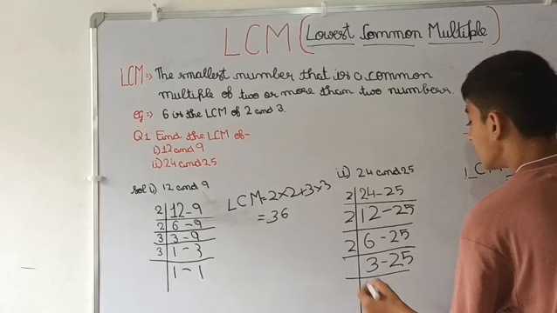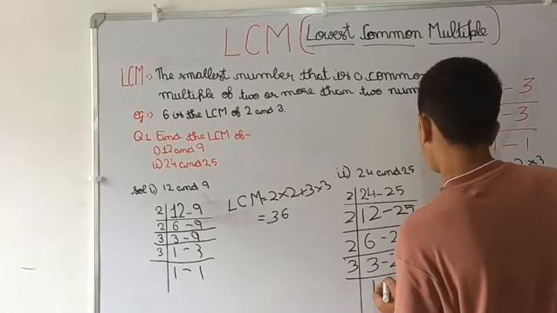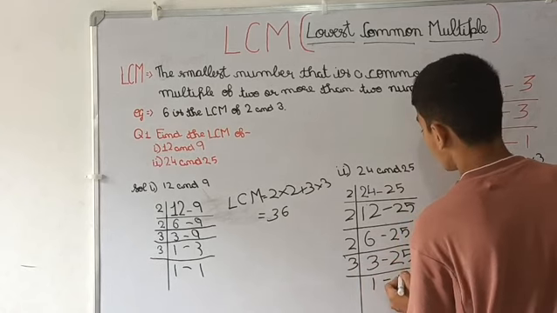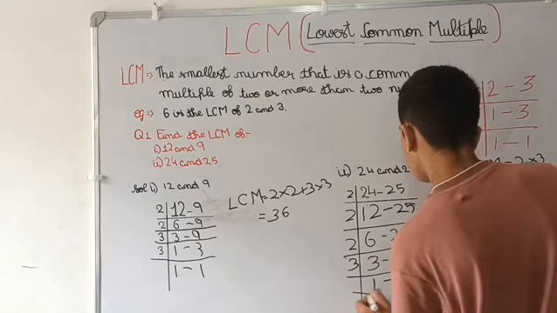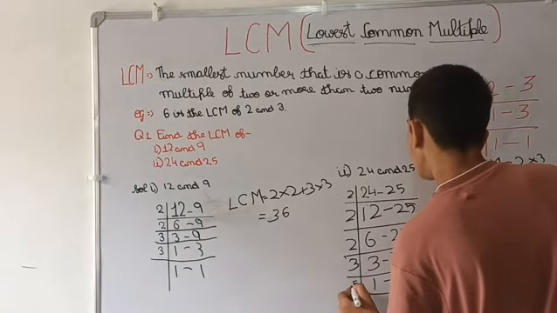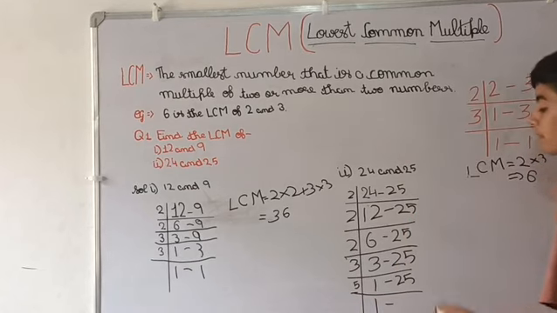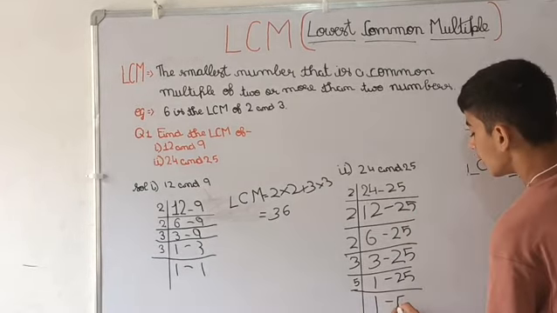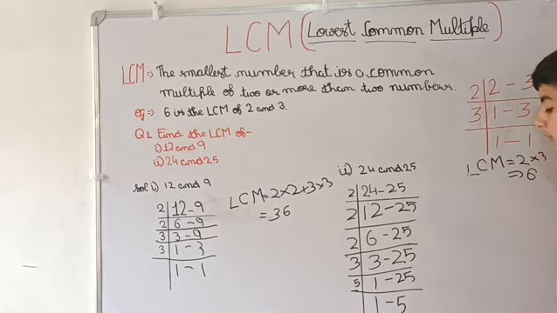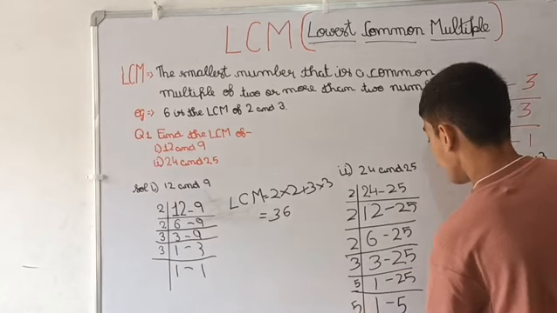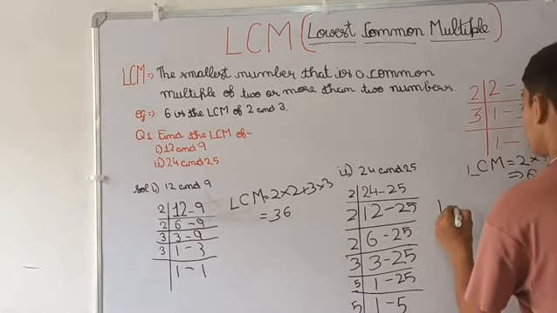Now we will divide by 3. When divided by 3, the quotient remains 1, and 25 is not divisible by 3, so the number will be written the same. Now we will divide by 5. 1 remains the same and 25 is divisible by 5, so we will write 5 here. And again we will divide by 5, so we will get 1 and 1. So the LCM of 24 and 25 is